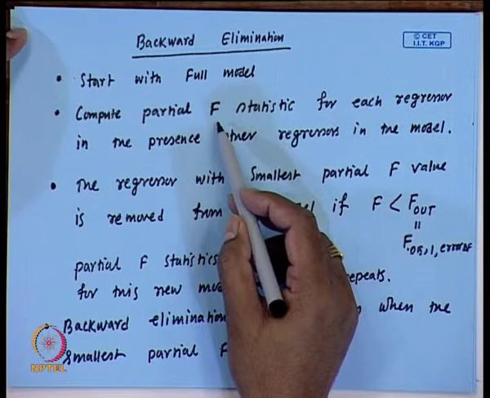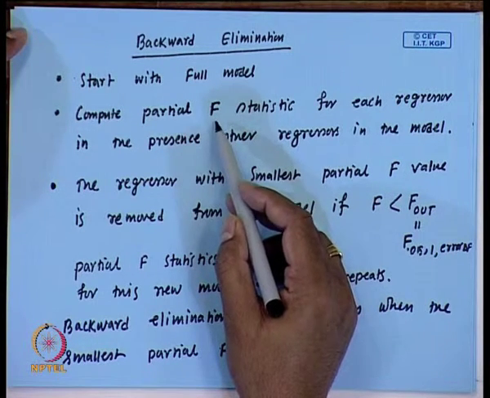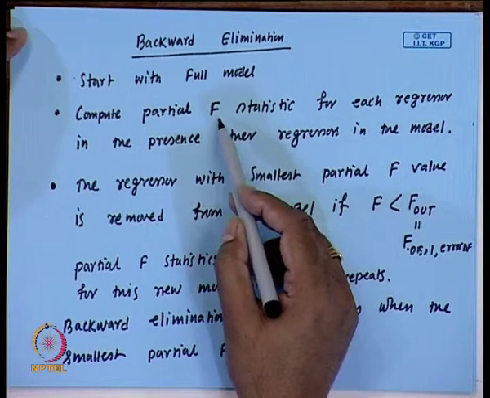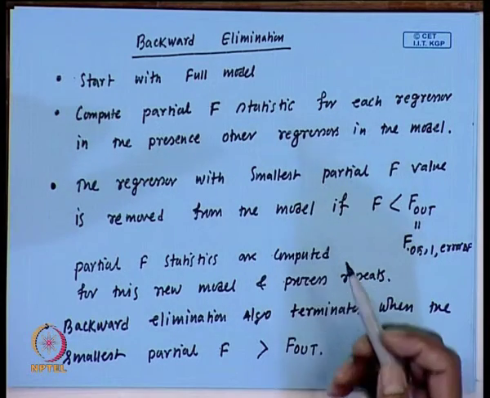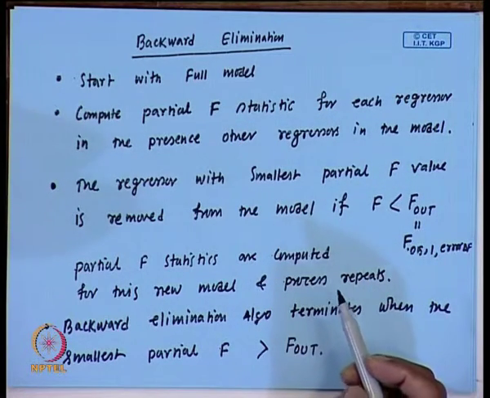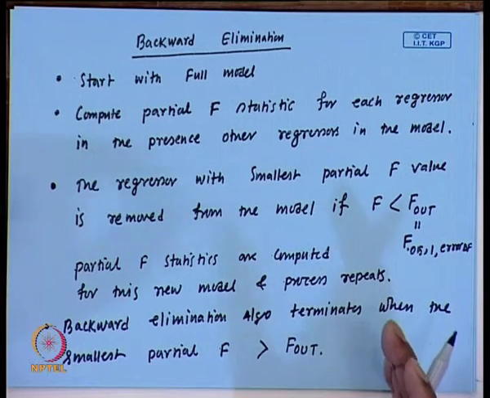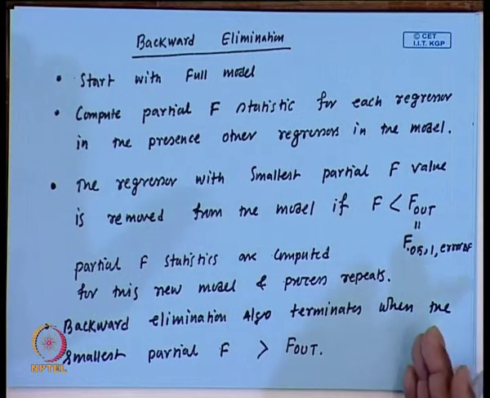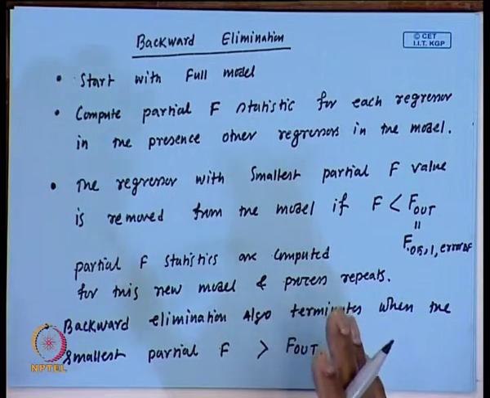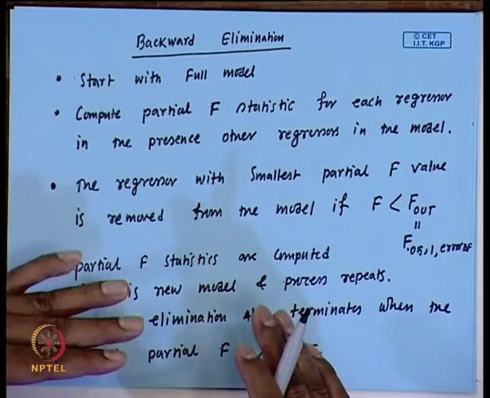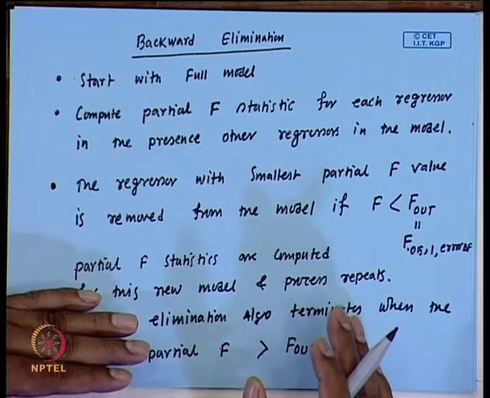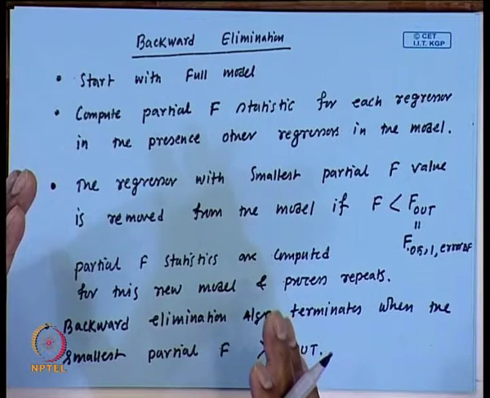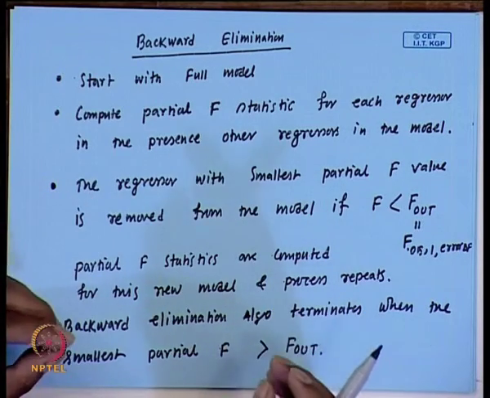So, this partial f statistic, for example for the regressor x i, will give the significance of the regressor x i in the presence of other regressors. So, this way we compute the partial f statistics for all the regressors. So, a lower value of f statistic indicates that the associated